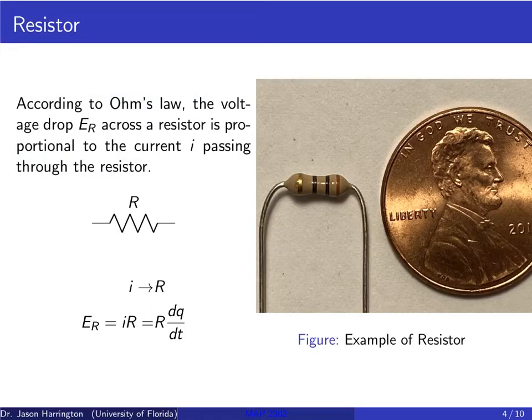So our first electrical component is a resistor. And according to Ohm's law, the voltage drop E sub R across the resistor is proportional to the current I passing through the resistor. So when you're looking at a schematic and you see this jaggedy line that goes up and down within the circuit, that's typically a resistor. The basic idea, I don't want to oversimplify everything, but